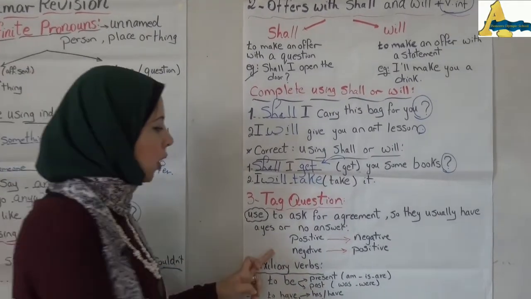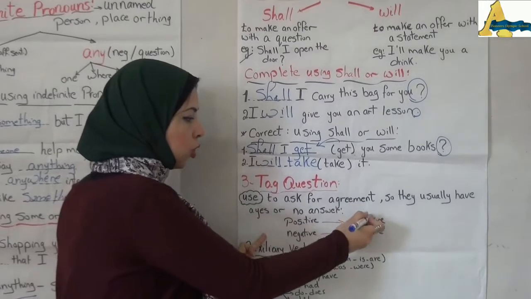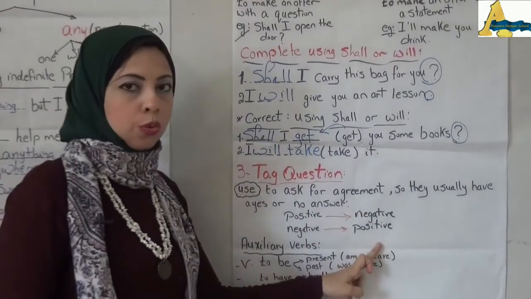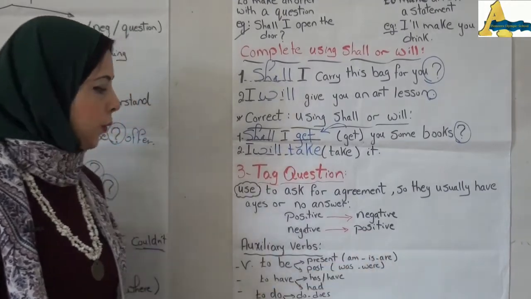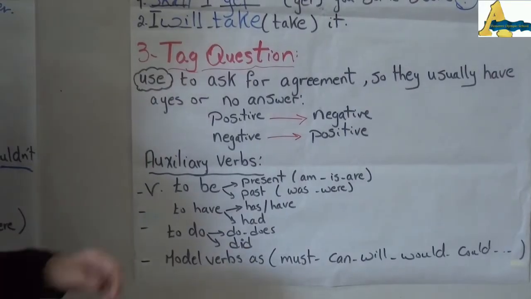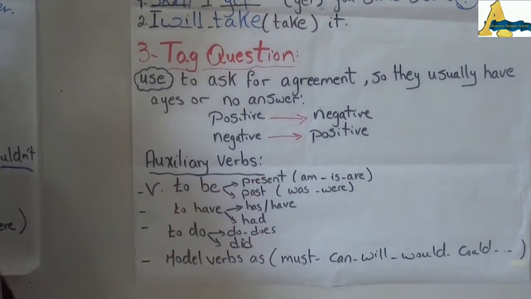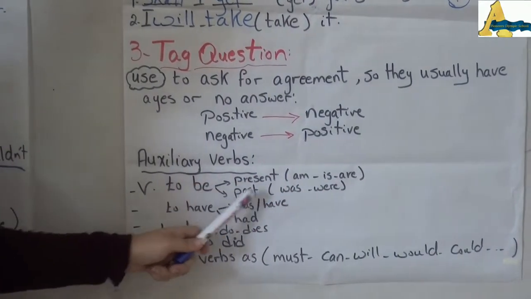And the first part is going to be positive form. We are going to change it to negative form, and if the part is negative, we are going to change it into positive, opposite to each other. The question tag depends on the auxiliary verbs, like verb to be. In the present form it is going to be am, is, are, and in the past it is going to be was